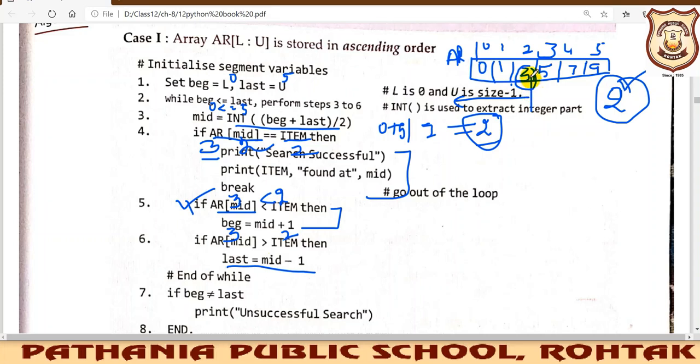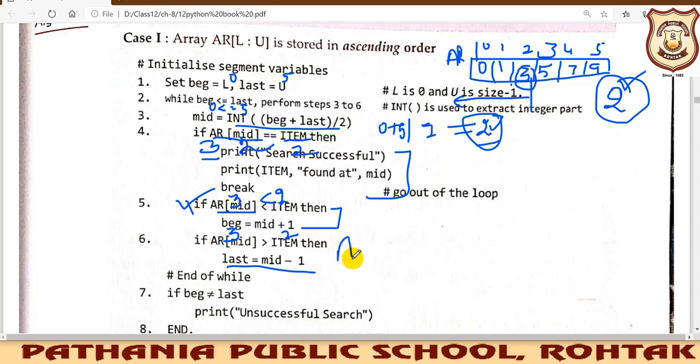So what is my mid? Mid is AR2, minus 1 if we do here. Because 3 we have already compared with 2 and it is not matching, the item I'm going to search could be somewhere here only, in these two elements. So I need to start searching from AR0 and AR1. In two elements only I'll be searching. Why? Because last is mid minus 1, and mid I have calculated as 2, so mid minus 1 is 1.